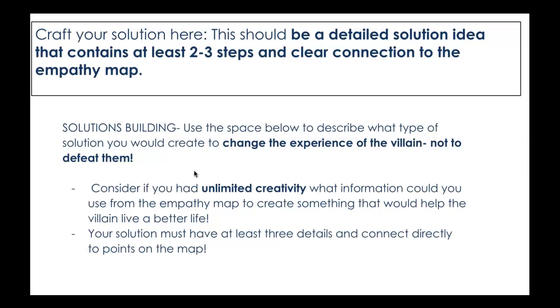Your solution has at least 3 detailed steps, and those steps should be connected directly to the empathy map, right? So you're going to say, one thing that might happen is Cinderella and the stepmother are going to start having Friday night dinners after she gets married to the prince. At these dinners, they are going to do X, Y, and Z. This is important because in the empathy map, you'll see that. And so what you're doing, again, like I said, is telling me some different things that you would do to change the villain because of your understanding of them through empathy mapping.